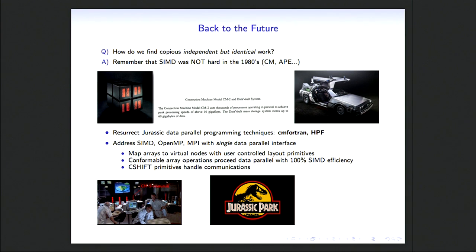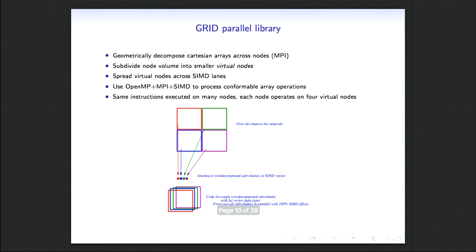And the idea was to map arrays across virtual nodes in a user-controllable fashion, where virtual nodes would execute in SIMD parallel, and then write high-level data parallel constructs on top of this. So those of you who remember the Connection Machine, or indeed HPF, will know that the trick was, as we divide across physical MPI nodes in a regular Cartesian mesh, so this would represent the work in one node, you can over-decompose the subdivision to extra virtual nodes that are even smaller than the physical node,